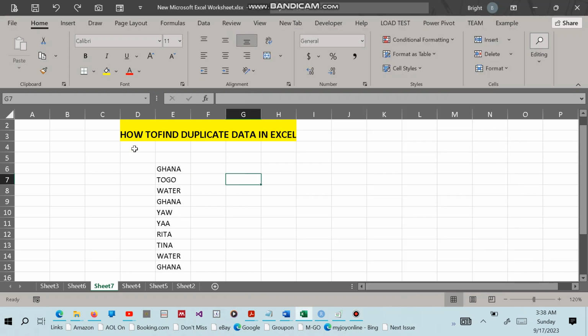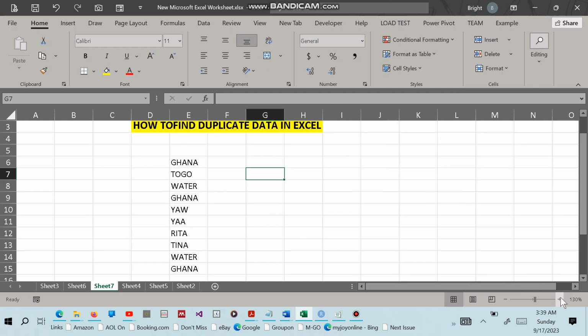Hello, today we are going to look at how to find duplicate data in Excel. So if you have data, for example, this data, and you want to find the duplicate data, you highlight the data or you select it. Under the Home tab, in the grouping called Styles,